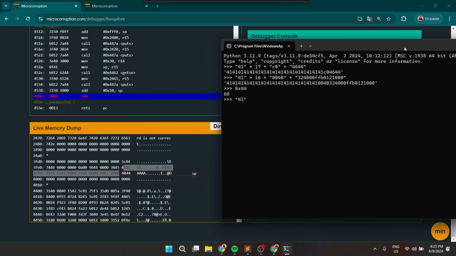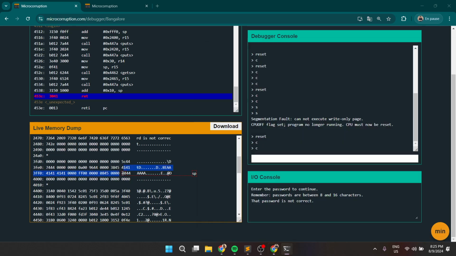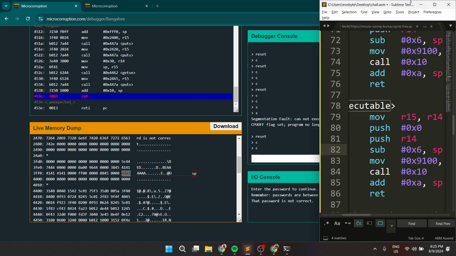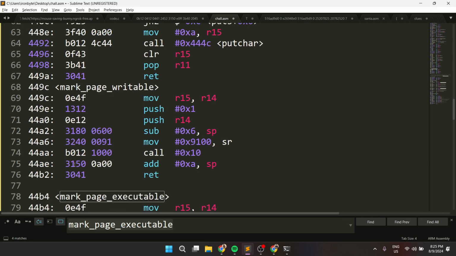To overflow that, we have to send 16 bytes of data, which are going to be used to overflow that one. And then the next thing that I will be doing is setting the return address to the mark page executable, but